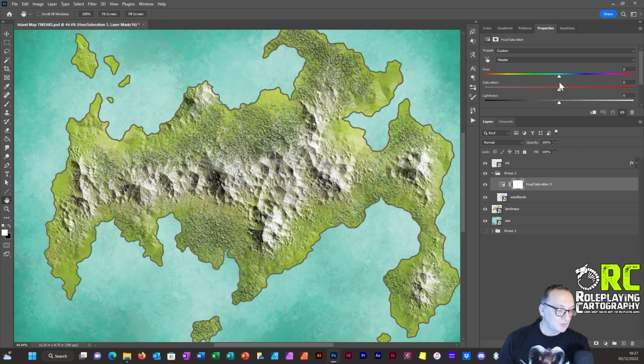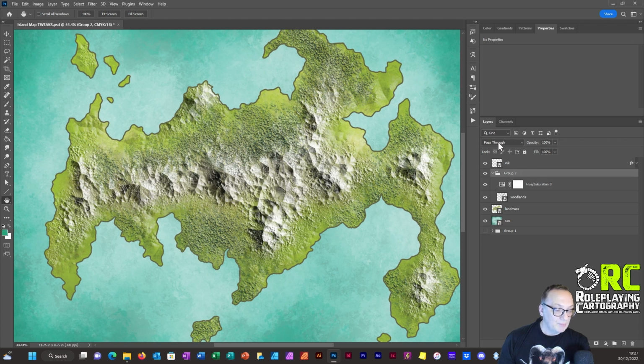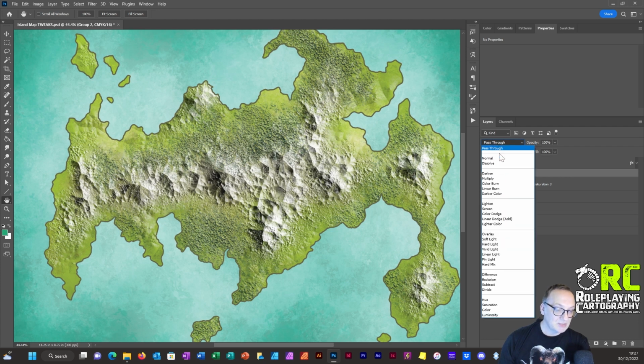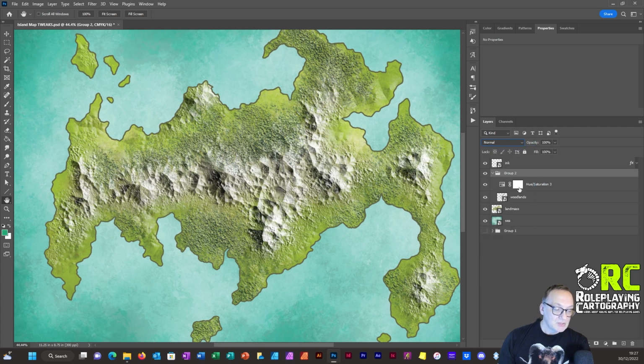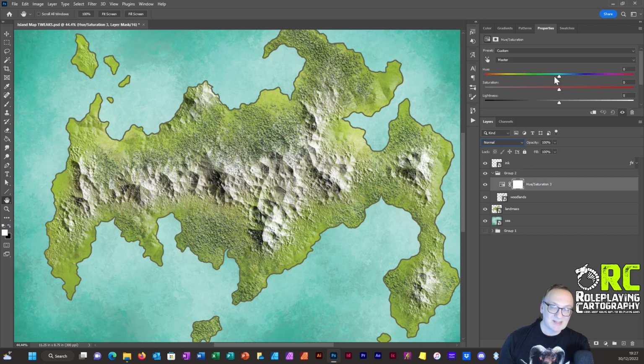It's good that I've showed you that that was wrong. I need to set the group, which is in the pass-through blending mode, to normal. So once I've now set that to normal, any changes that I make to this are only contained within the layers in the folder. So you can see now